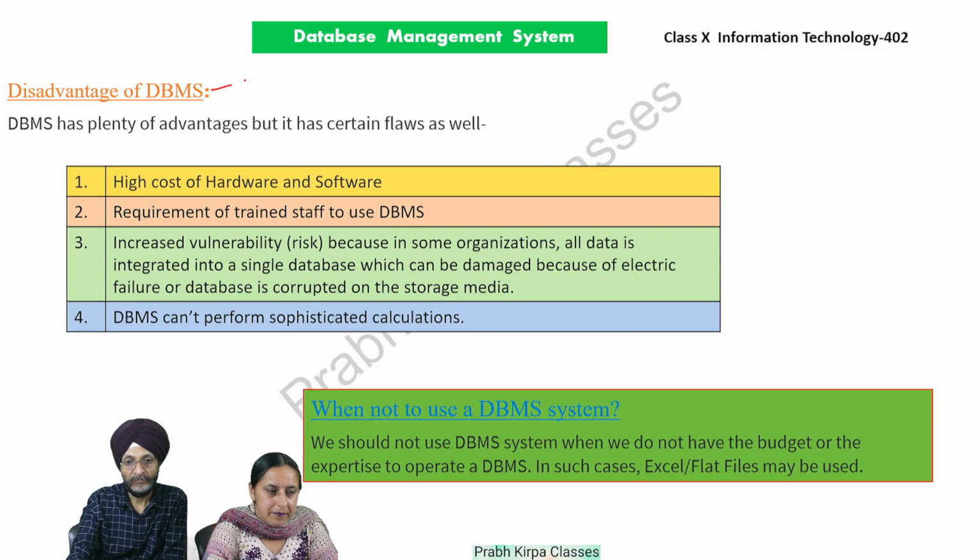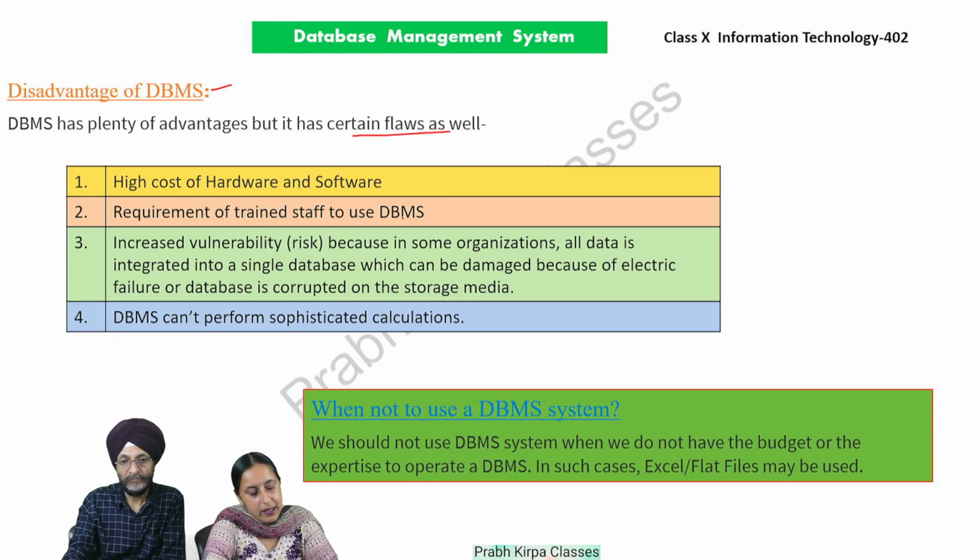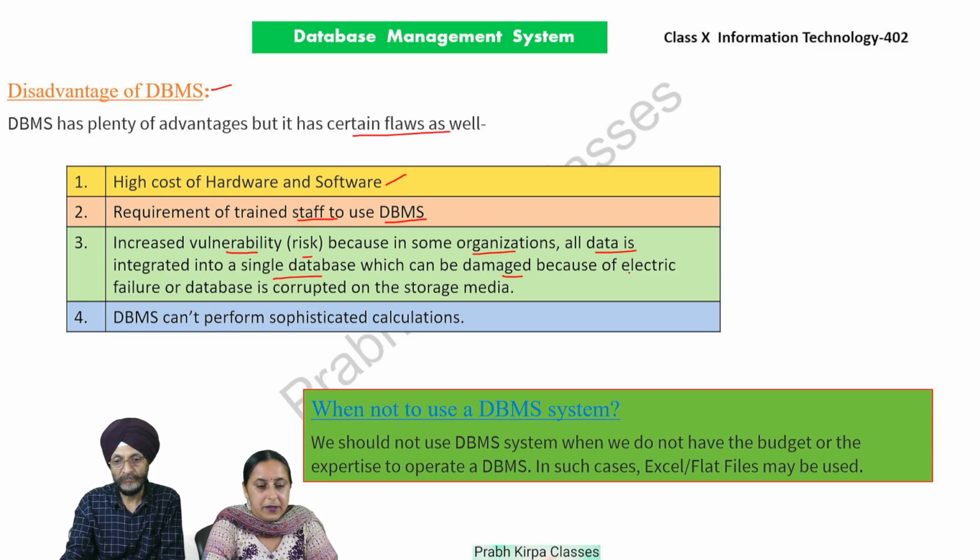Disadvantages of DBMS. DBMS has plenty of advantages, but it has certain flaws as well. Number one, high cost of hardware and software. Number two, requirement of trained staff to use DBMS. Third, increased vulnerability, because in some organizations all data is integrated into a single database which can be damaged because of electric failure or the database is corrupted on the storage media. Fourth, DBMS can't perform